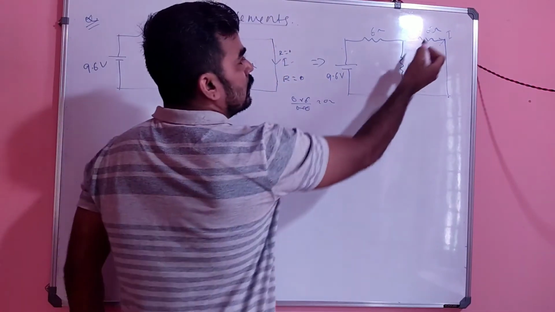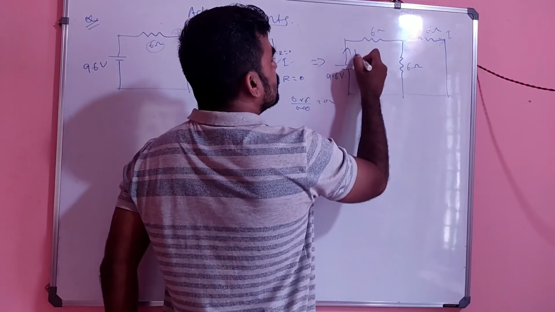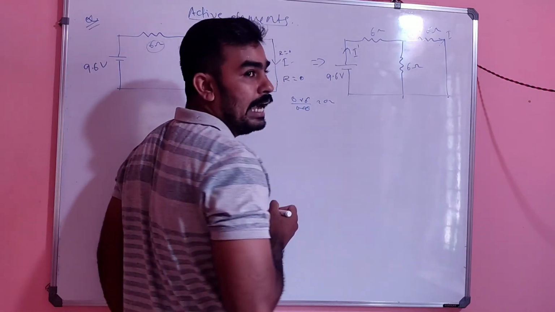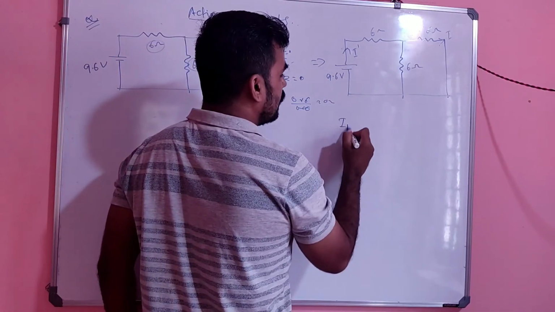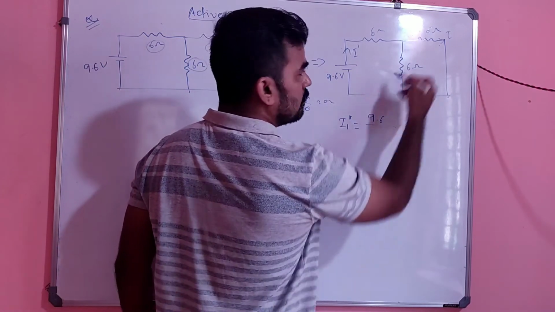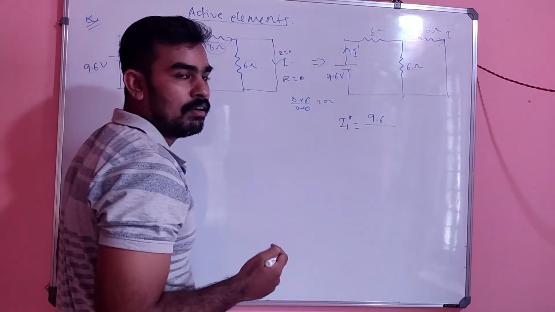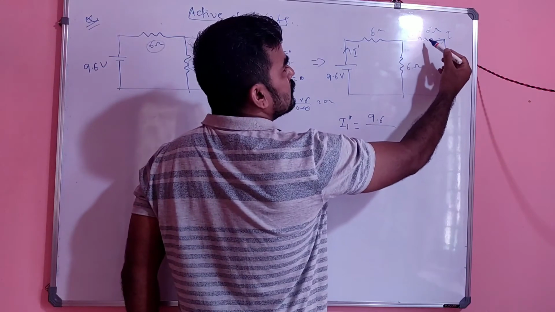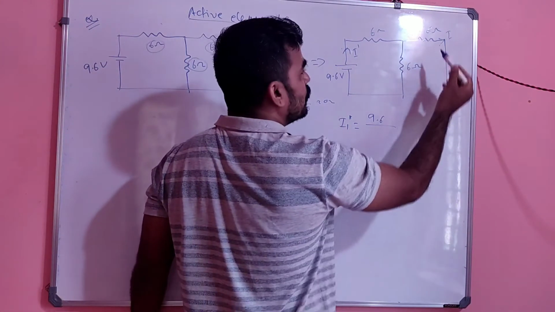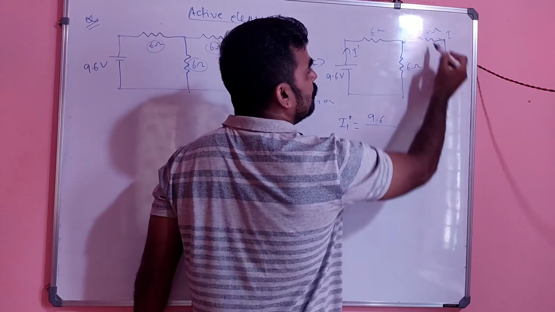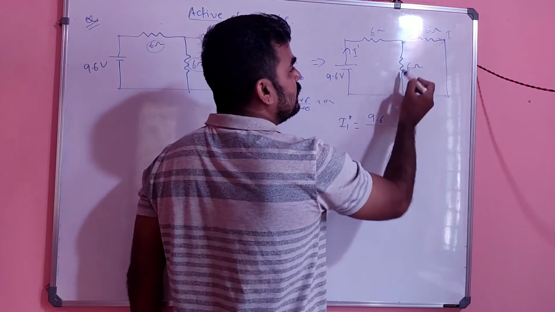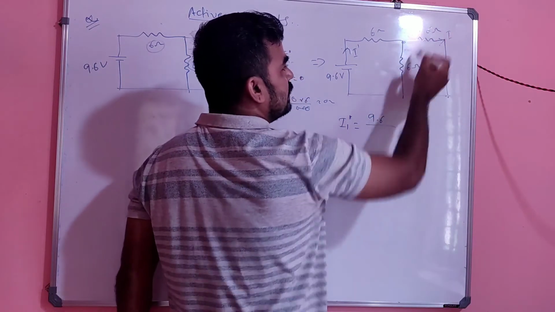So here, what will be the total current I first? Let it be taken as I dash. What will be I dash here? I dash is nothing but total voltage divided by total resistance while seeing from the opposite side. So how can we write this? This and this will be in parallel, right? This terminal and this terminal are connected commonly. That means these ends are connected together so that this and this get parallel.